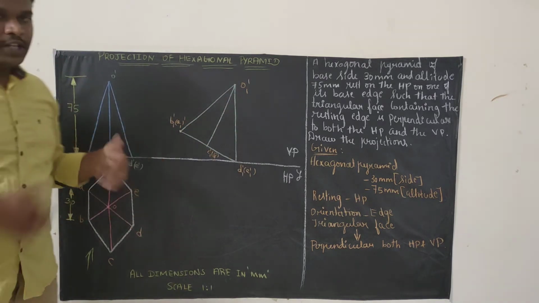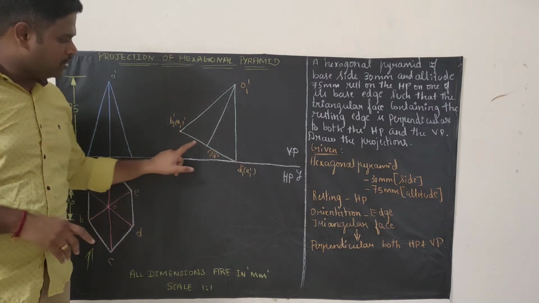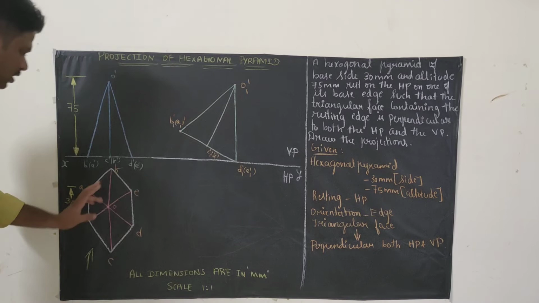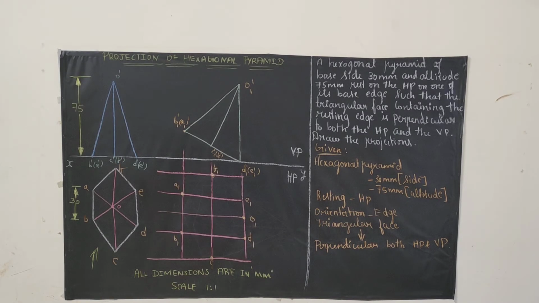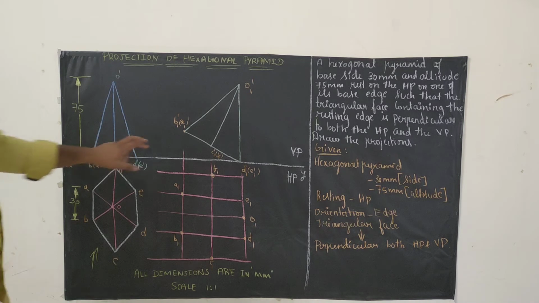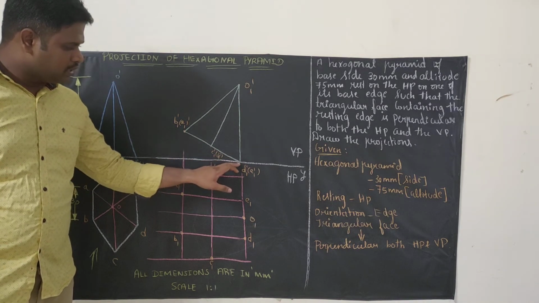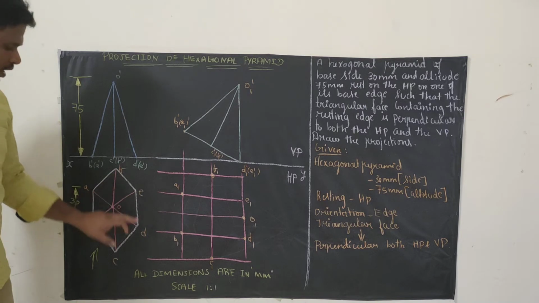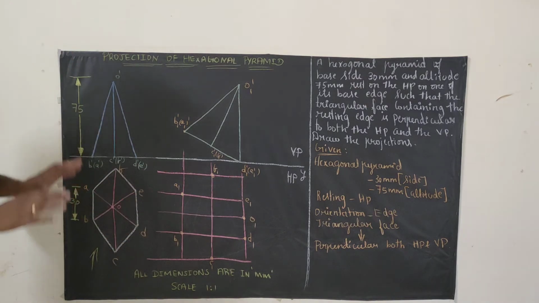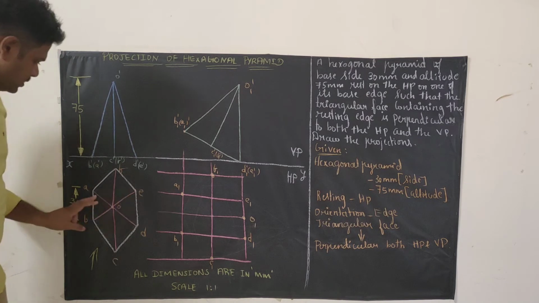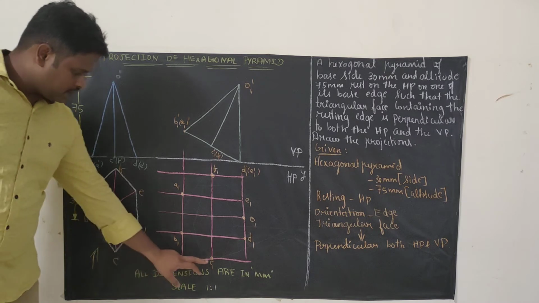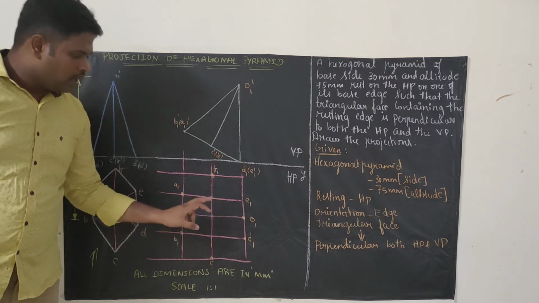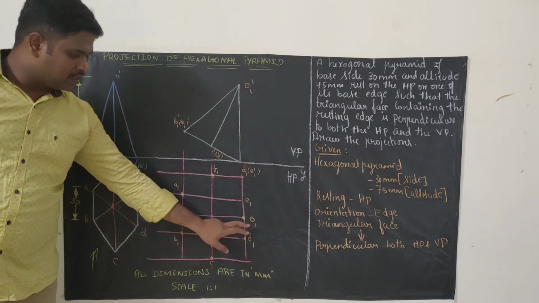The next step will be, we will be projecting all the points vertically. This point, this point, this point and O point vertically, and these 4 points horizontally, and then we will be identifying the intersection points for drawing and completion of the diagram. Now we have just extended all the points. See here, we have extended these points vertically, and we have extended F, E, D, C horizontally. Now we will find the intersection points. See, this A and this C will intersect here. This B and this B will intersect here. This C and this C will intersect here. Similarly, we will be finding for D, E, F, and this O and this O will intersect at this point.